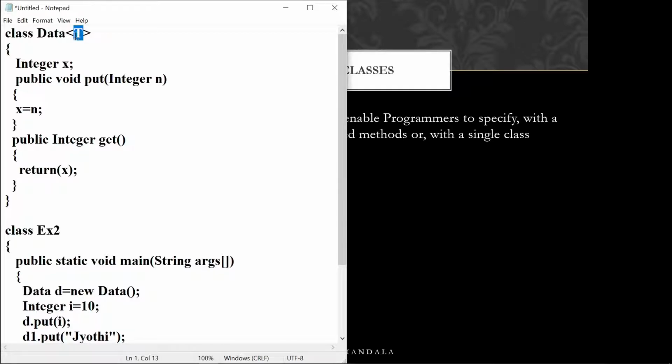Now this is your placeholder. Wherever you have your data type or class name mentioned, that has to be replaced with T. That means this integer has to be replaced with T, and this integer also replaced with T, and here also the return type is integer, you have to replace it with T.